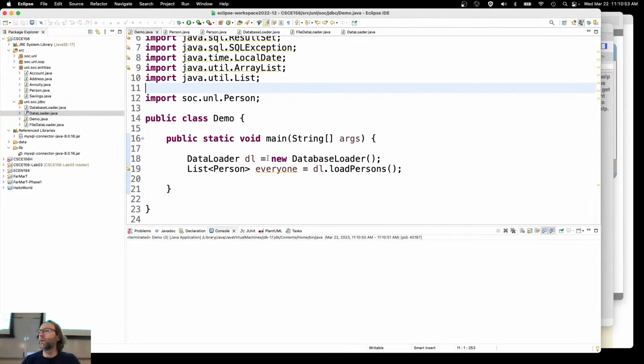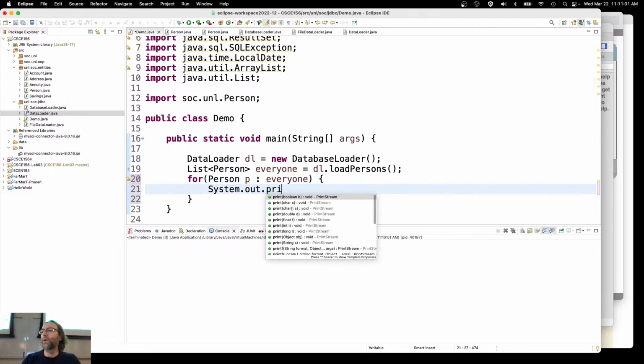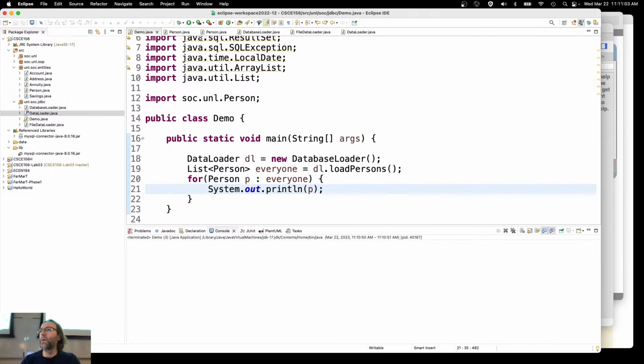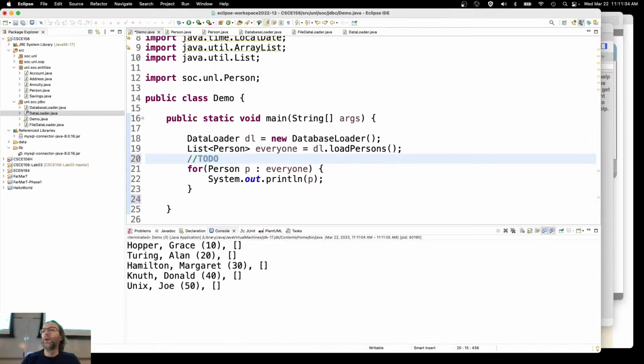Oops. Oh, I'm not actually printing them. So for person P in the collection everyone, I will say system.out.println P. I want to print everybody in detail. So there's Grace Hopper, Alan Turing, Margaret Hamilton, Donald Knuth, and Joe Unix. You know, same. Load emails here,